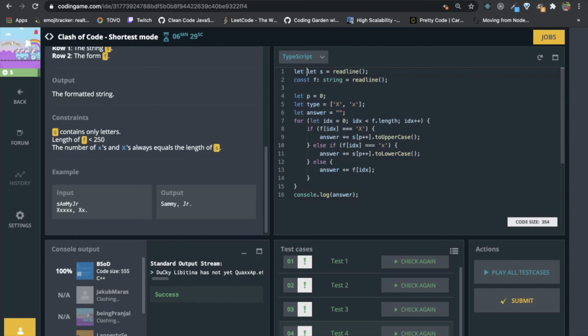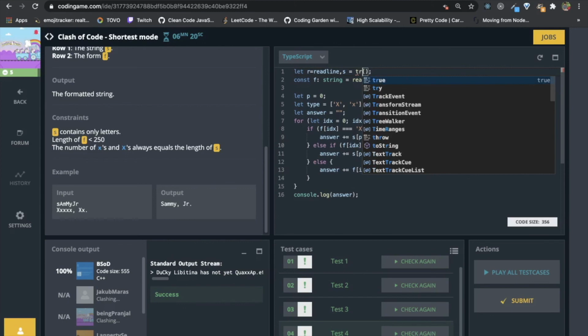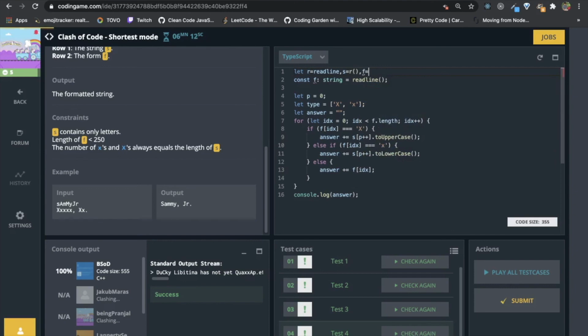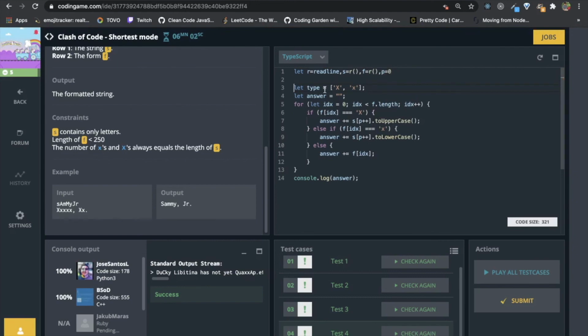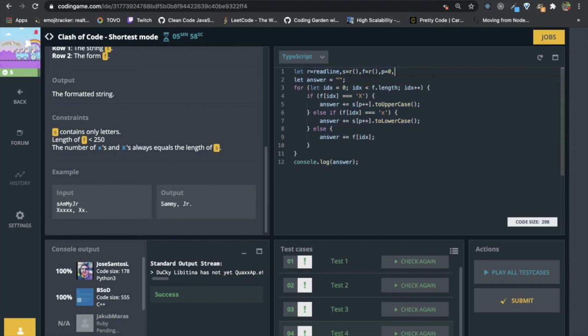We will use, okay, I call it R here. Now we can call F equal to R, don't need this. P equal to 0, don't need this. Don't need this. A for answer, don't need this.